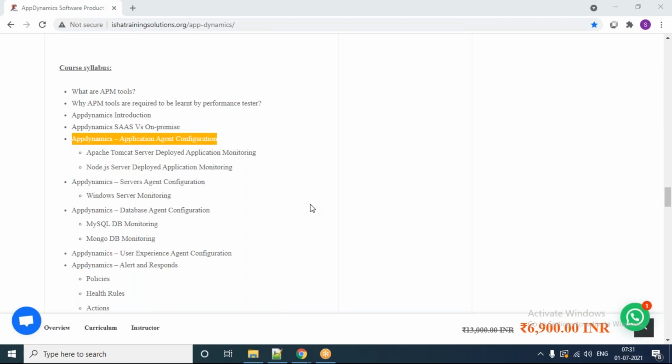Okay. So not only application agent, we also have a machine agent, for server level metrics, say like your CPU utilization, memory utilization, disk utilization, network utilization. All those things, in order to get them, you need to configure a machine agent. So we will be learning how to install your AppDynamics machine agent into a Windows server, and then how you will get the data. Okay. They have their own monitoring.